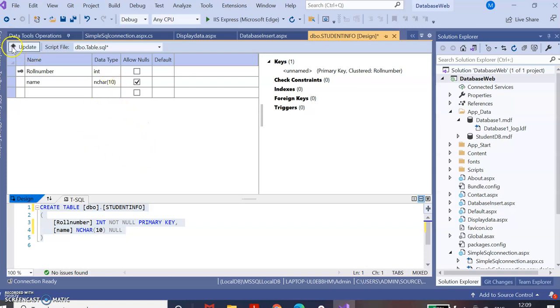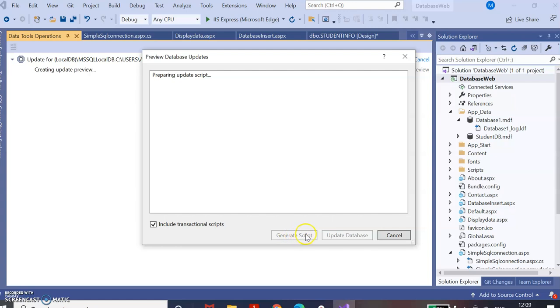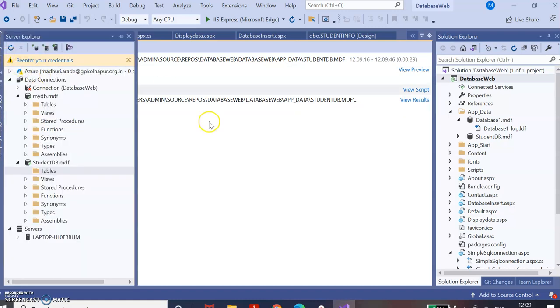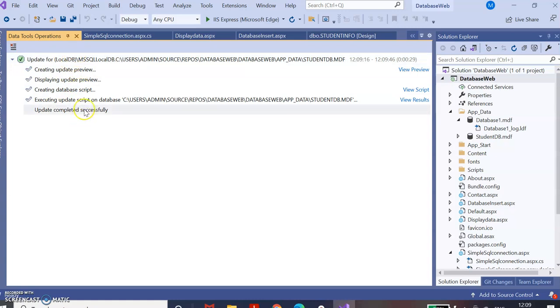Now say Update. Here you can see an Update button, just click on this Update, and then say Update Database. Once it is enabled, then we have to update the database. So this table will get created. We can add the content into the table from Visual Studio as well as through programming. Now say Update Database. Now it will generate some script to show whether it is updating or not, and you can see Update Complete over here. This green symbol says that it updated successfully.